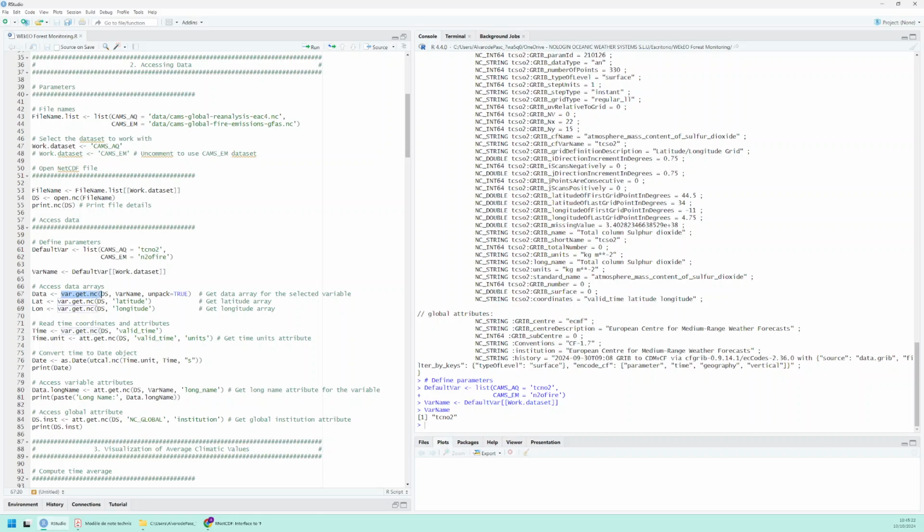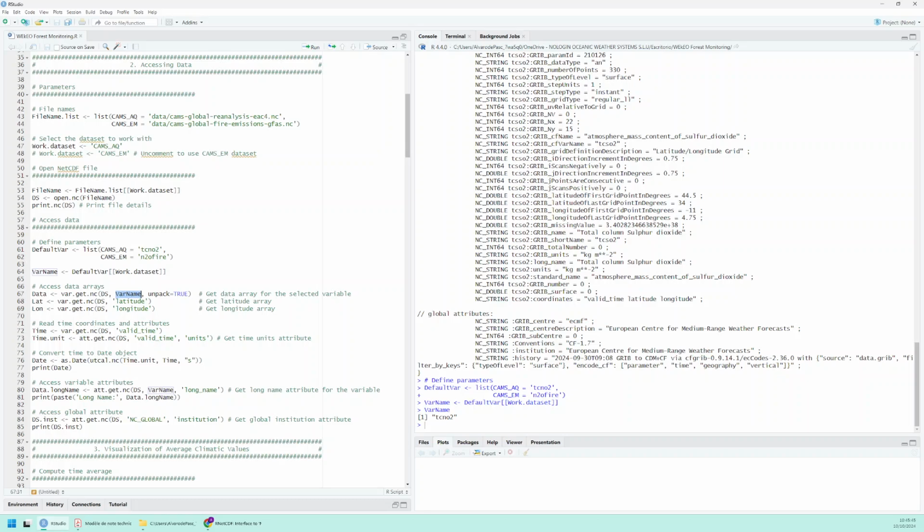This function from our netcdf library gives you access to the array of data of this variable, that in this case we are using the dataset as defining the file where it is stored, and also we have to include as a parameter the variable name,